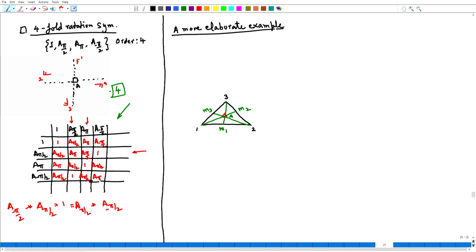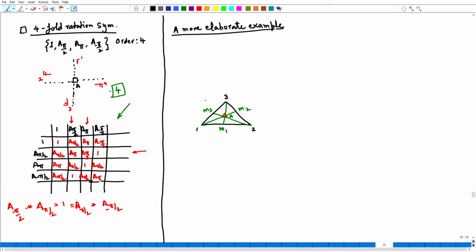Now, suppose I can do 3 operations of the threefold rotation. Identity, that is doing nothing. Second, I can do 120-degree rotation, which means counterclockwise 120, or a minus 120-degree rotation, which is basically clockwise 120 degrees. So, if I do the operation of doing nothing, which is the identity, so obviously my vertices 1, 2 and 3 are in that same position.